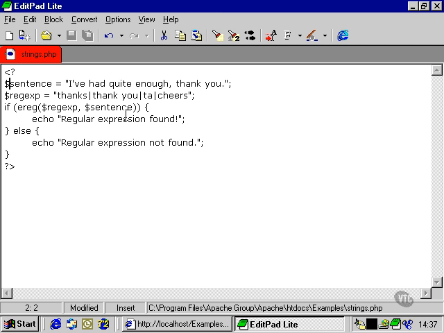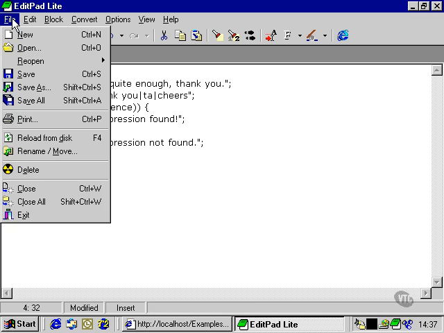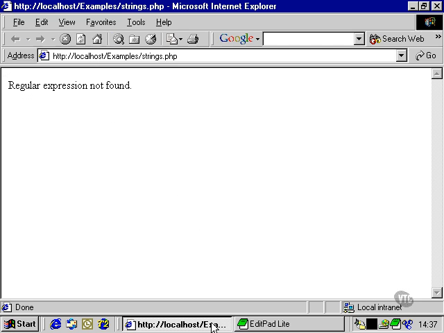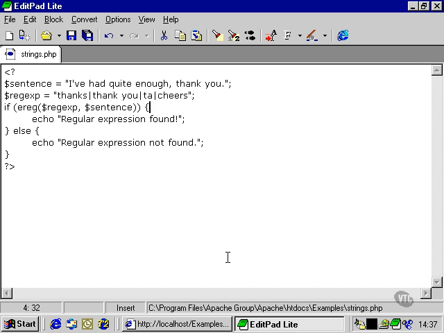So in this case, if we test in our browser, the regular expression was found. That's because it found thank you within the sentence string. If we'd have used thanks, it would have worked just as well. We can use